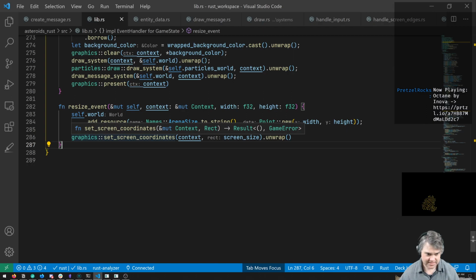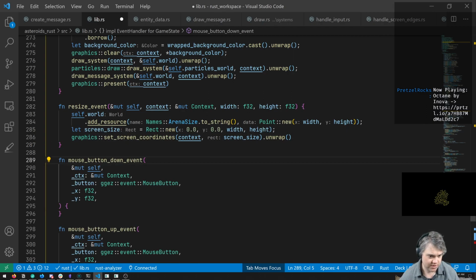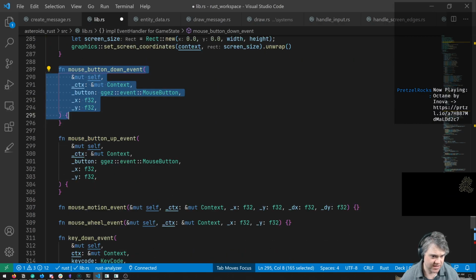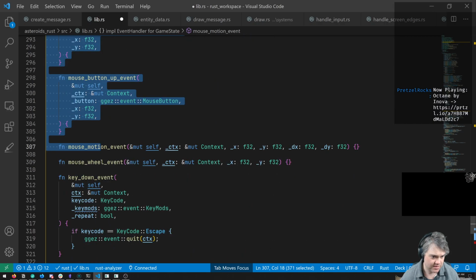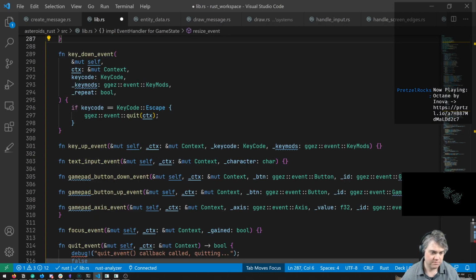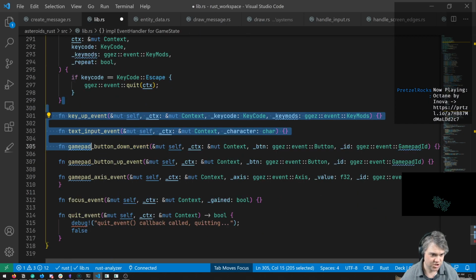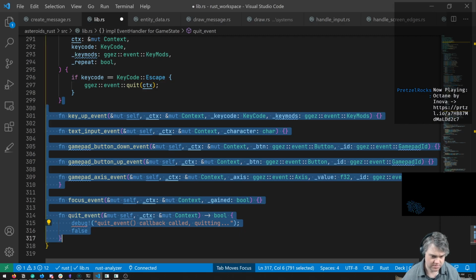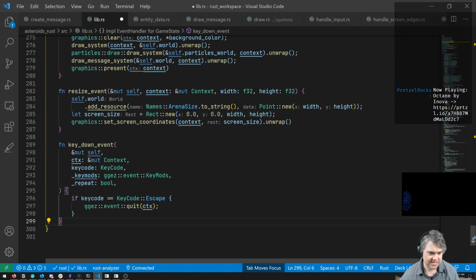enter key is pressed. So let's actually implement the default methods. So in specific here, I don't need mouse down button event or mouse up. Need the key down button event. So many other stuff too. I don't need any of those. Just the key down button event. So that gives us our context. We have the key code that was pressed and the key mods and repeat, which I don't really care about.